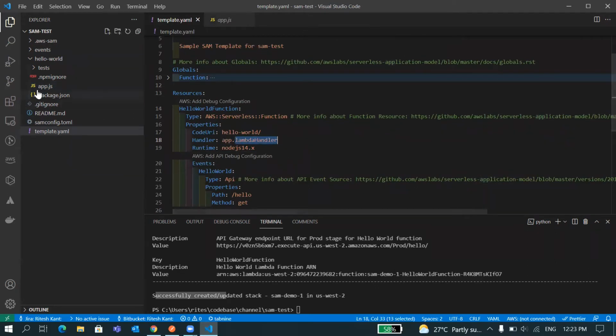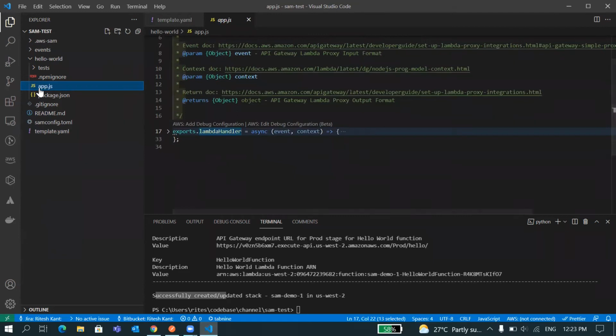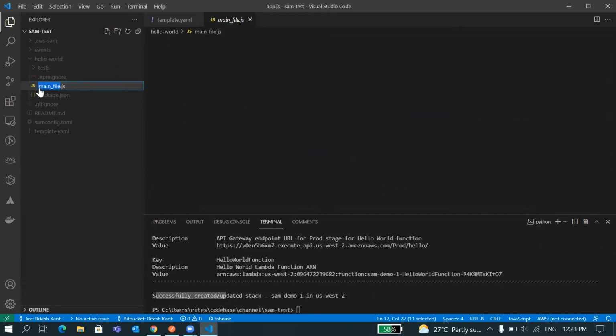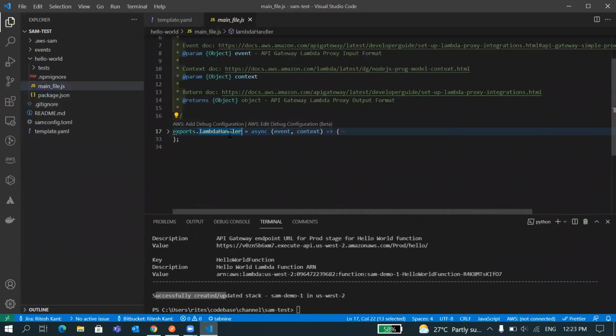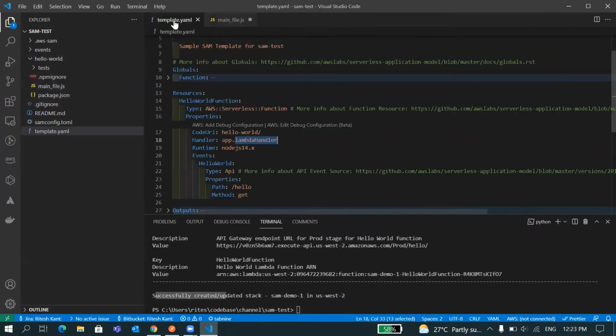So suppose in your case, the file name is something else, like mainfile.js, and let's suppose the handler is mainLambdaHandler. In that case, you have to rename this to mainfile. Then the handler should be mainLambdaHandler.